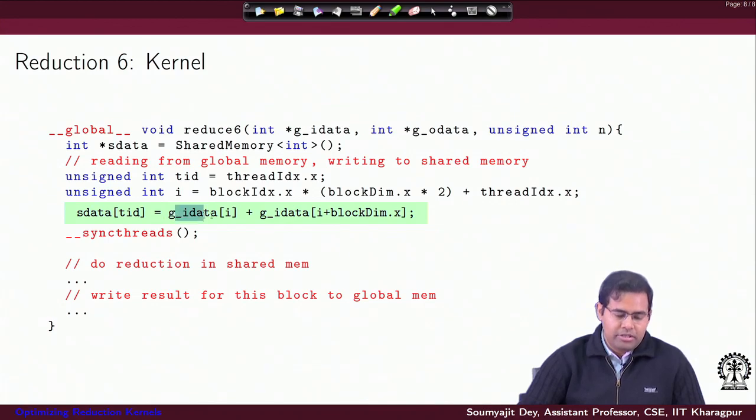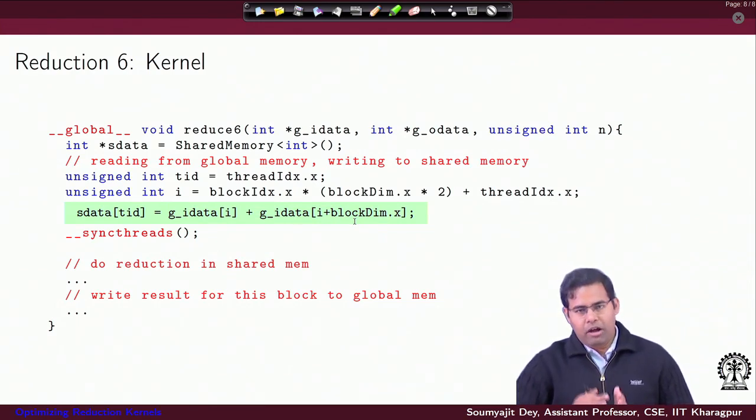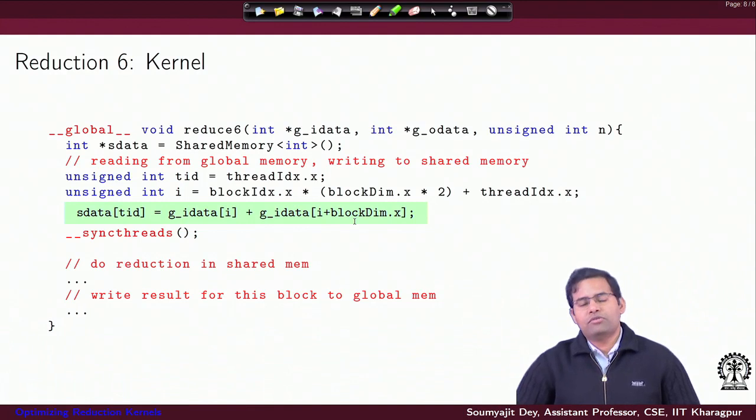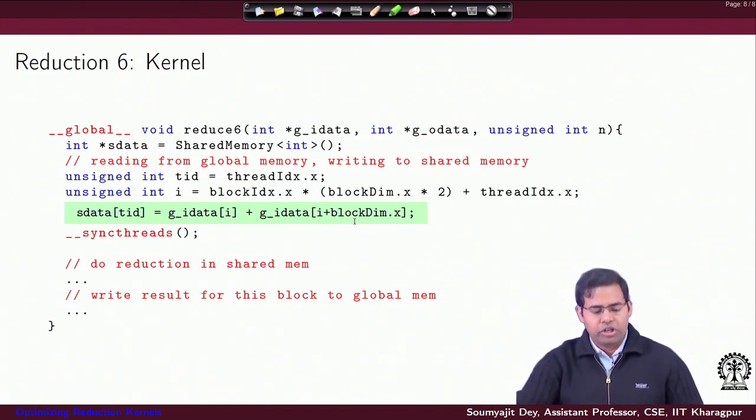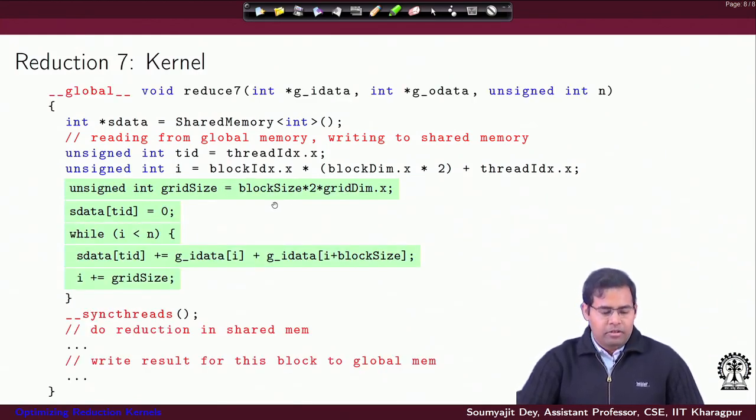As you can see, this is a per thread activity. If we do not do this, then what do we have? We have half of the threads working on the addition, and only initially all the threads were active in doing the load. With this, I increase per thread activity by doing one add globally on the data. So, this is a sequential addition performed by each of the threads on the global data before storing it into shared memory. I am saying that we can increase the activity here. That would mean I can do some reduction on the global memory and then do the rest of the reduction on the shared memory, right.